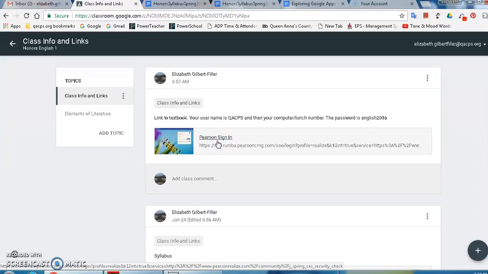In addition to that, there's also this link to PearsonRealize.com, which is the online version of our student textbook. I have students keep their textbooks in the classroom just because it's easier for them to have it here. I don't assign a whole lot of homework through it, and I just found that students tend to keep their books longer if they stay in the classroom. But Pearson Realize has everything in our textbook online.